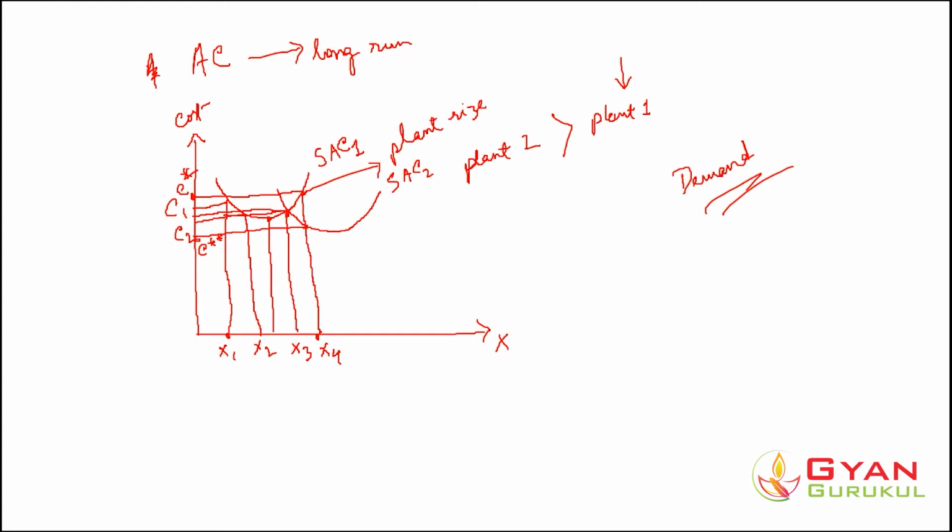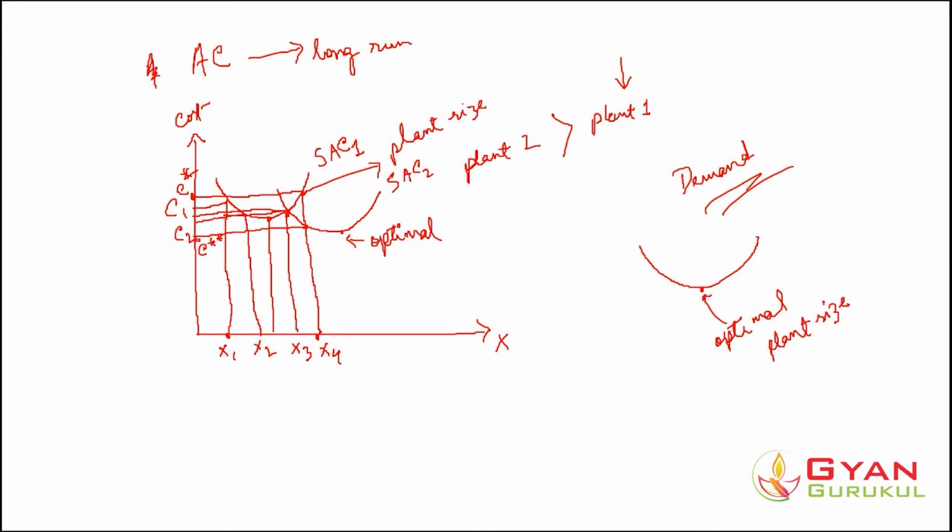Now further say he anticipates more demand, up to the minimum point. Let's say up to the minimum point, his cost will decrease, and this is the point of optimal size of the plant. Remember, if you draw an average cost curve, the lowest minimum point represents the optimal plant size. Why? Because this is the optimal size that you have to use.